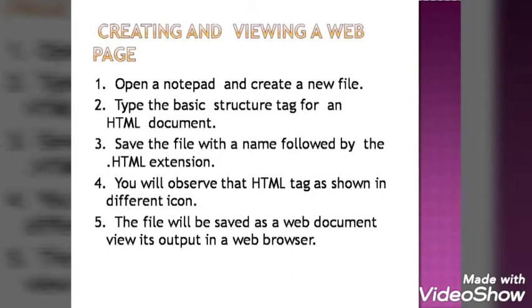The first step you have to do is you have to open a notepad. In notepad you have to create a file. Most important is the file. The format of the file will be HTML document. When you are saving the file, you have to save it as .html. Whatever name you want to give, you can write your name .html. So that means it is saved in the format of HTML. So the icon will also change. It will be converted into HTML document. This is one thing you have to do. You have to work in notepad and save it as HTML. I hope this much is clear.